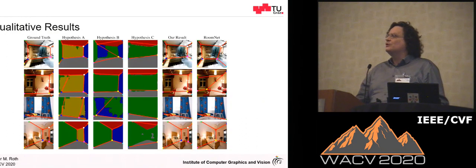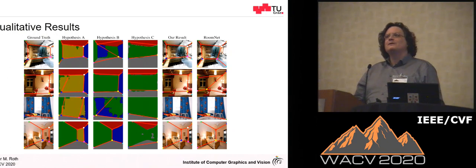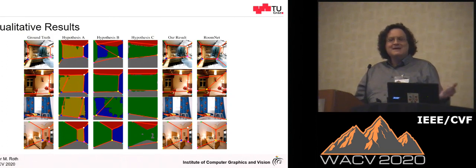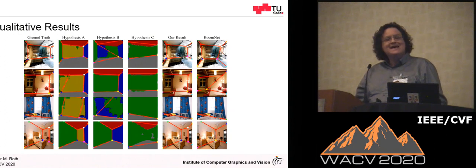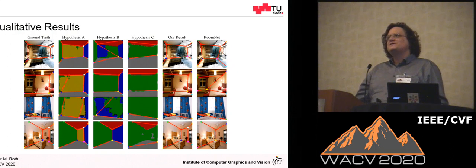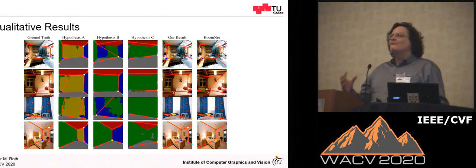Here I would like to show you some qualitative results. On the left side you can see the original input images, including the ground truth, and then the three following columns show the segmentation results, including also the estimated key points. The main point here, what you hopefully can see, is that the segmentation results correspond quite nicely to the original input image, which is then also shown in the results on the right side. One very important point is that even if you have very complex room layouts, this approach is working very nicely.